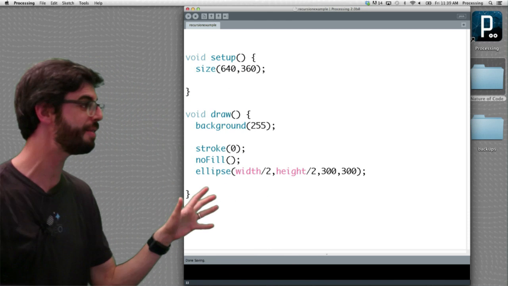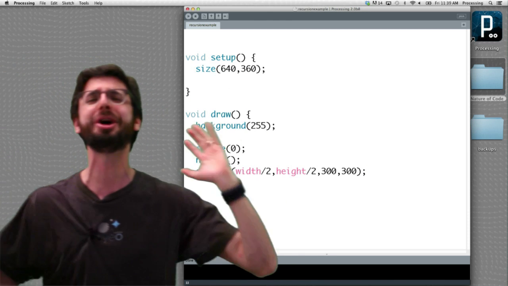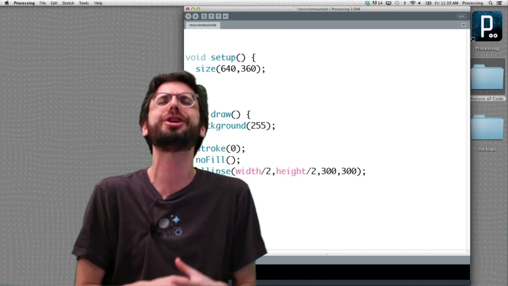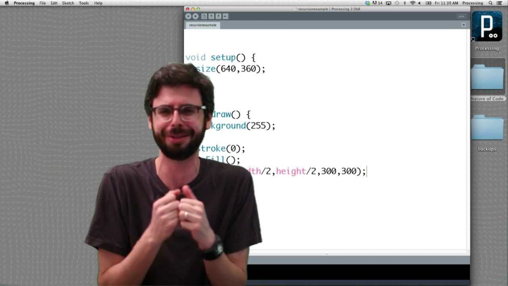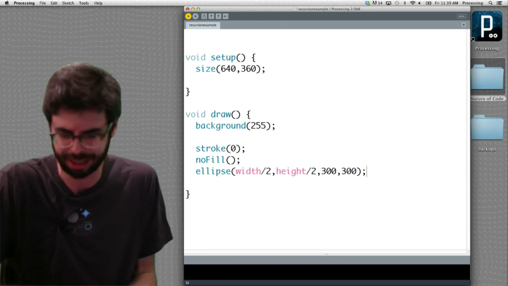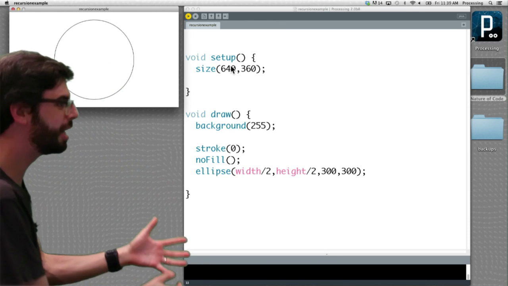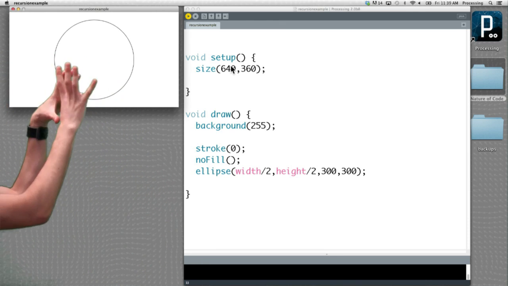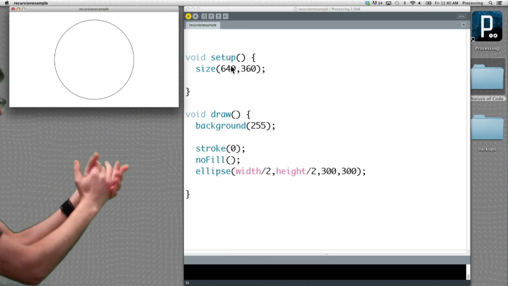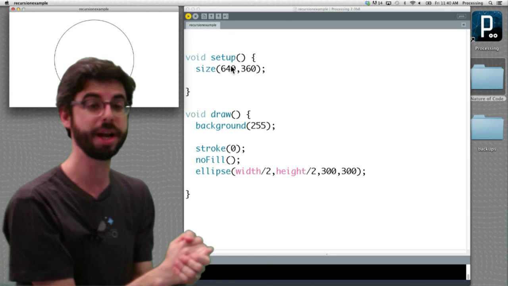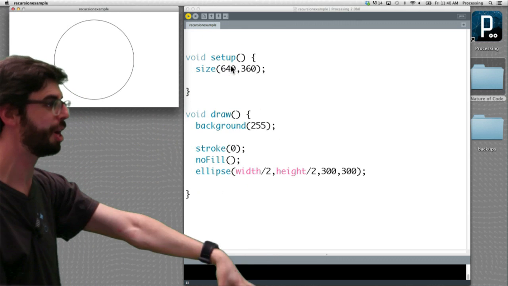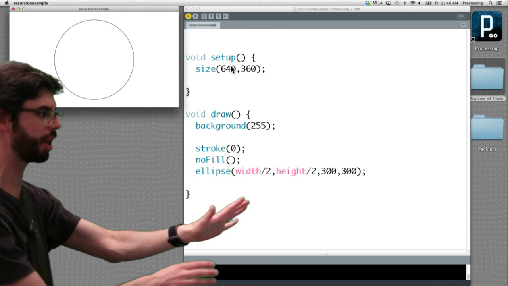So here we have an incredibly simple processing sketch. It's so nice that in this topic we return to the very roots, the very beginnings of working in processing. When I run it, this sketch does nothing but draw this nice, beautiful round circle, this Euclidean form in the center of the screen, right? All we're doing is saying stroke of 0, no fill, drawing an ellipse in the center, 300,